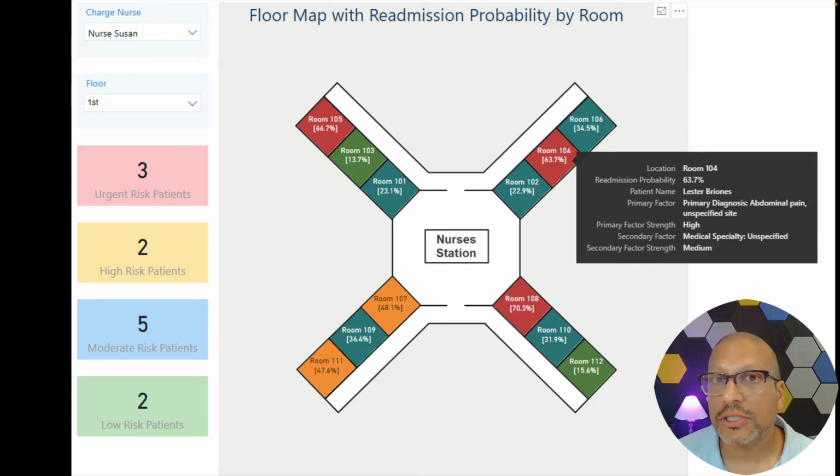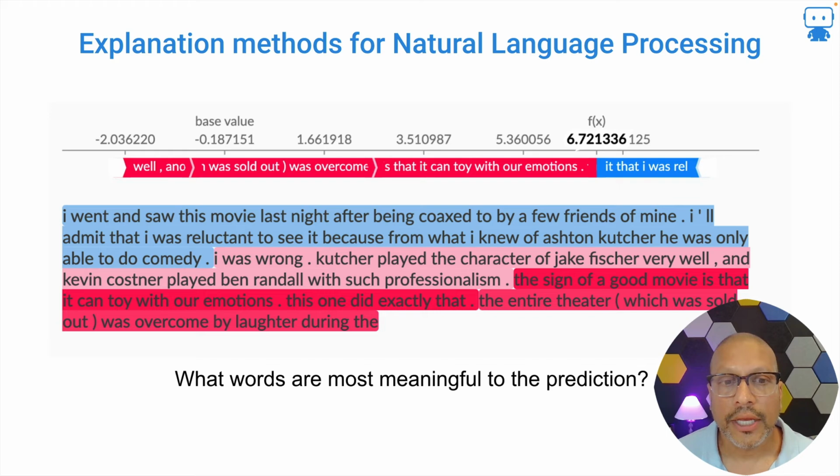And so I've seen this used in real life. These nurses are very appreciative of this information. It helps them have a richer understanding of why machine learning, AI, the bot, whatever you want to call it, is making a prediction. Now, applying this to a text use case, here's an example where we have a paragraph